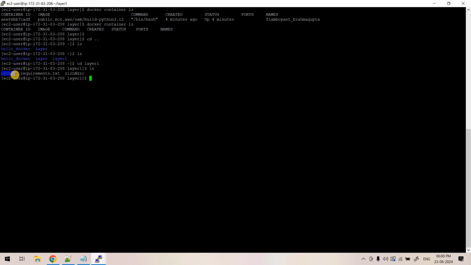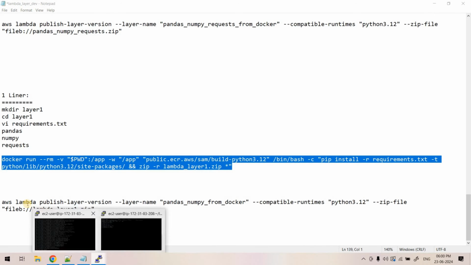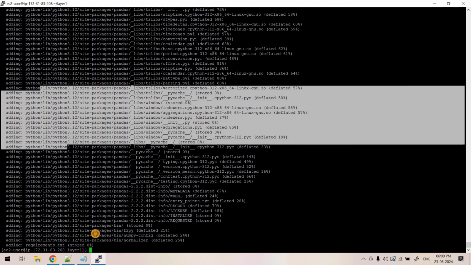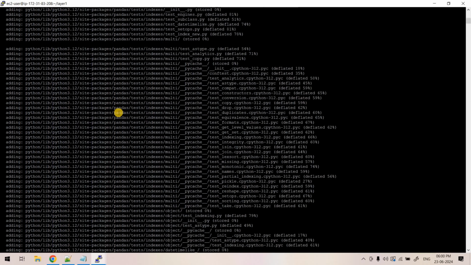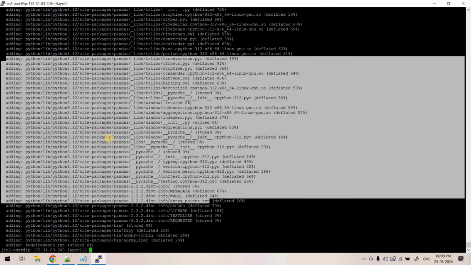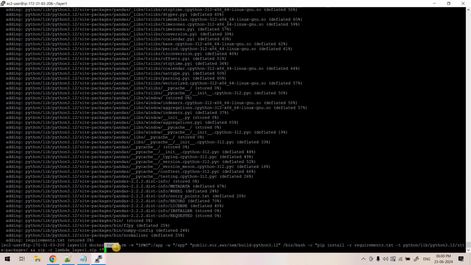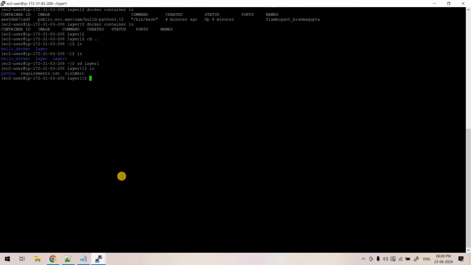and Python within that lib, within that Python 3.12, like that folder structure, the pip install happened, and soon we will be able to see the zip file also got created. So here you can see the zip file execution is done. So these are basically our zip command output, because in this cell only we executed that docker run command, right? So here if I go to the another cell and if I execute ls, here you will see lambda layer.zip